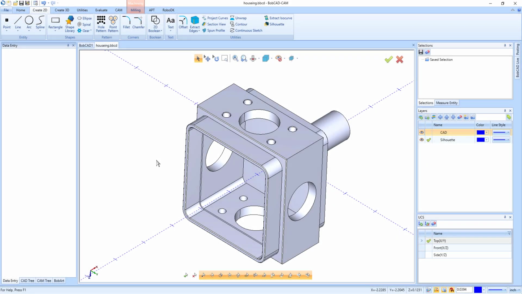The Silhouette Boundary feature is a new wireframe geometry feature that calculates 2D profiles from 3D models for flattened inside and outside boundary creations. It is found here under the Create 2D tab at the top of the screen. The new Silhouette feature allows you to get the overall outline of the part as if it were flattened onto